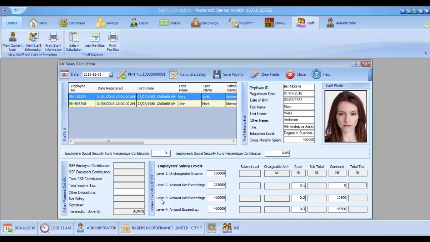And a third level is an amount not exceeding this, but above this, so also to be indicated here. These vary from one country to another, so you can use what is appropriate to your country. At the last level is the amount exceeding this amount in this text box here. It is the last one, but everything shall be computed automatically, assuming that you've put the right